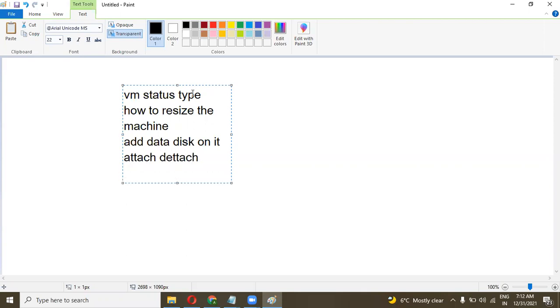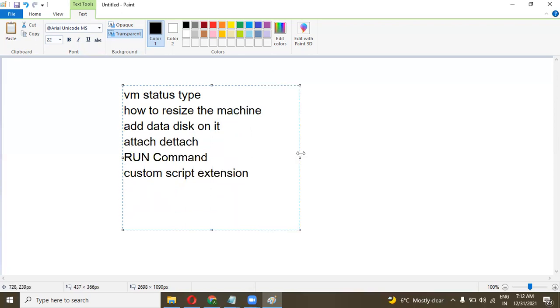Okay, and next one is run command. Third, custom script extension. Okay, so these are the topics we are going to cover in this session. And also we will see what the disadvantages of custom script extension are. Okay, so let's start today's session.